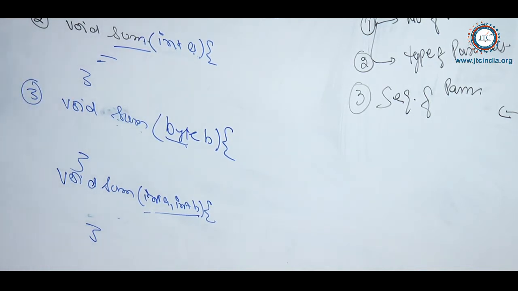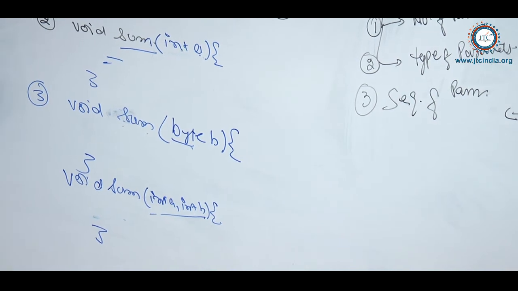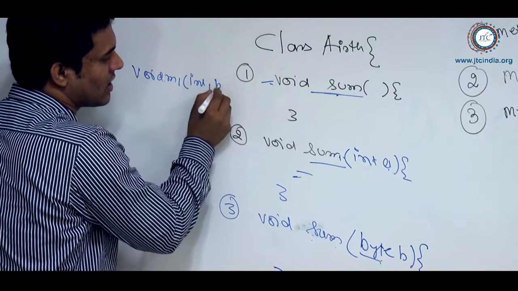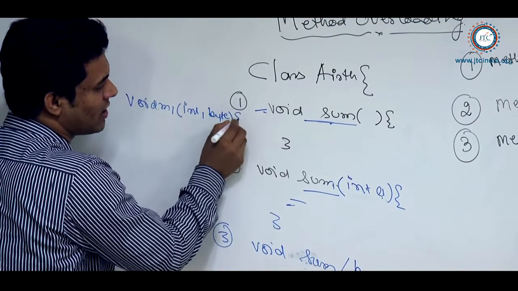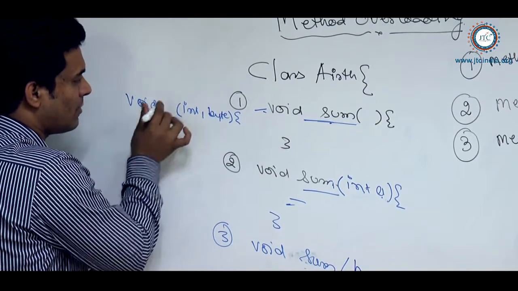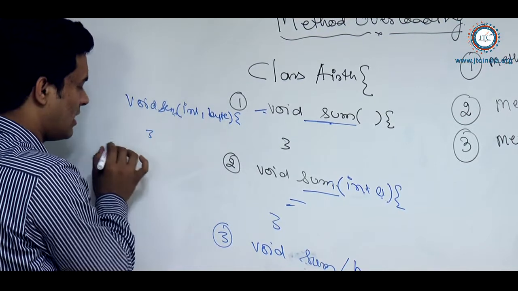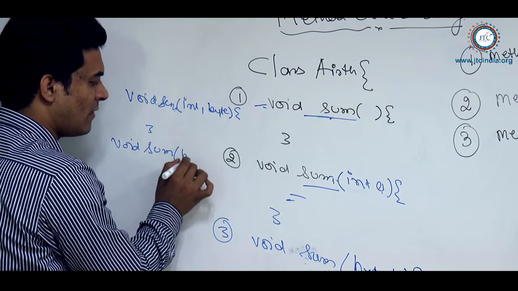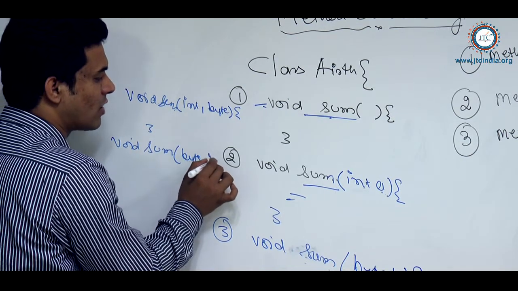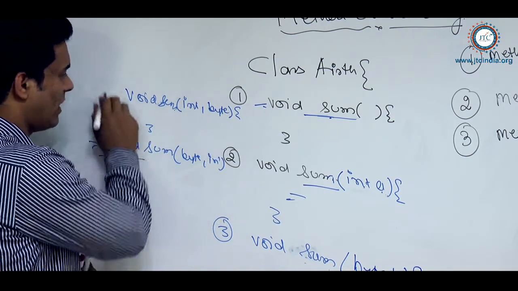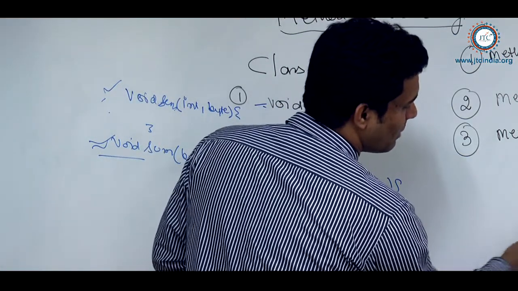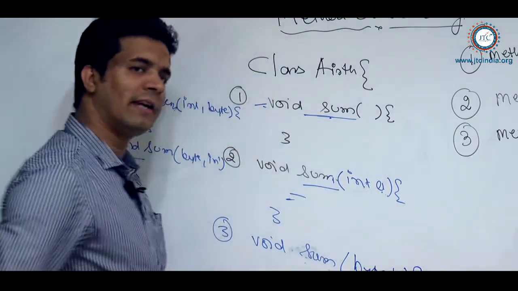Like this. Suppose when I am writing void m1 method, in that suppose first int is there and then byte is there. So in another method, void sum, you could write the byte first and then the int. That is also one way, like which I was talking about here, that is the sequence of method parameters, right?